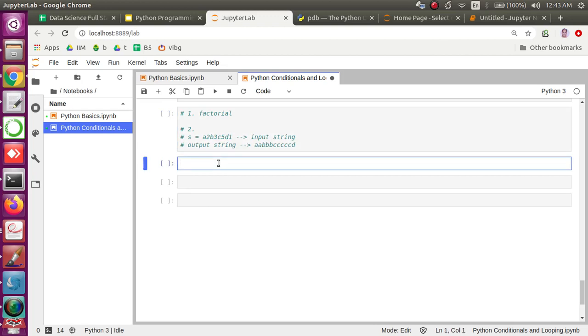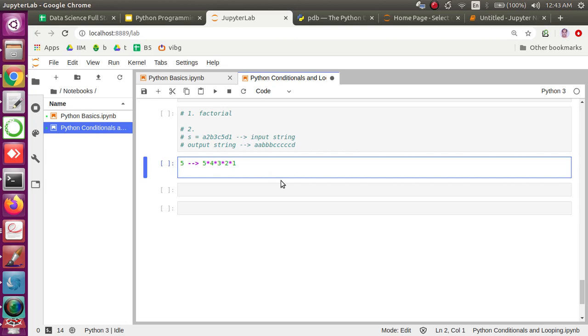So the solution here, the first one, is for the factorial. Let's understand what factorial is in the first place, right? Suppose I want to get the factorial of 5. So factorial of 5 is 5 into 4 into 3 into 2 into 1. So that is the value we generally get, right? If it is 7, then the factorial will be calculated by multiplying each number decremented, right? So that's how the factorial is calculated.